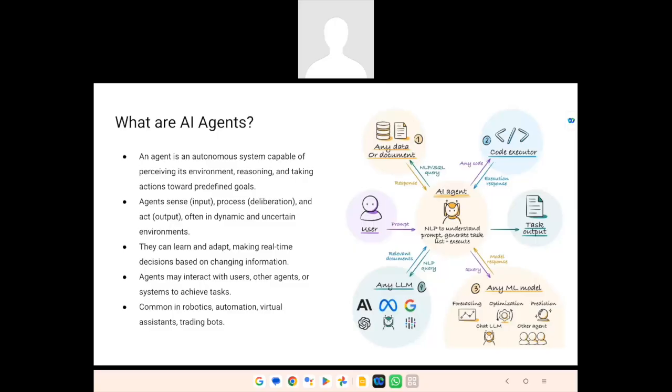If you remember the self-driving car, it automatically detects the obstacle, automatically detects the road, deduces the driving path, and goes automatically. Any agent or any device which has autonomous capability is called an agent. A robot is an agent. So a robot which is assigned for cleaning the floor, that's the agent.